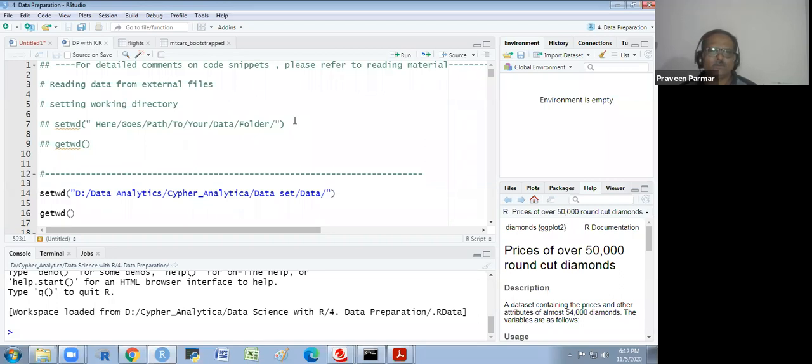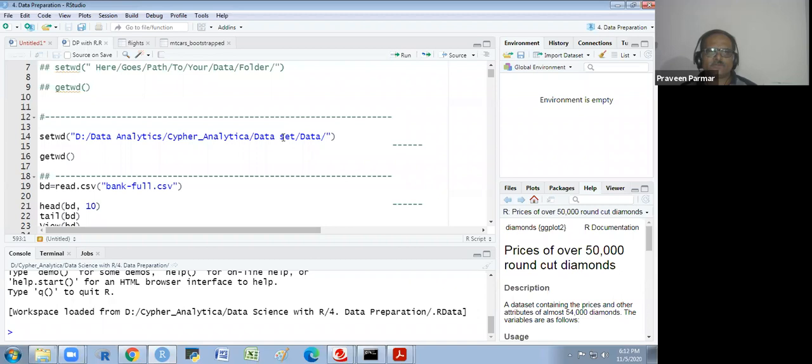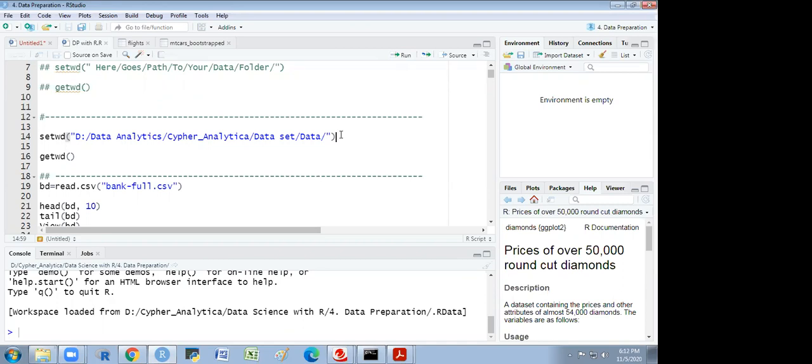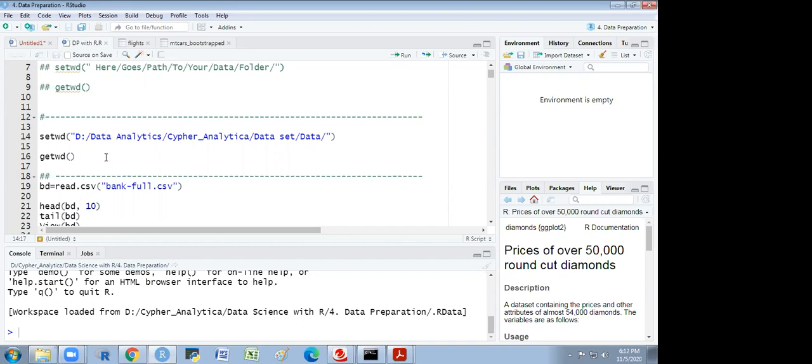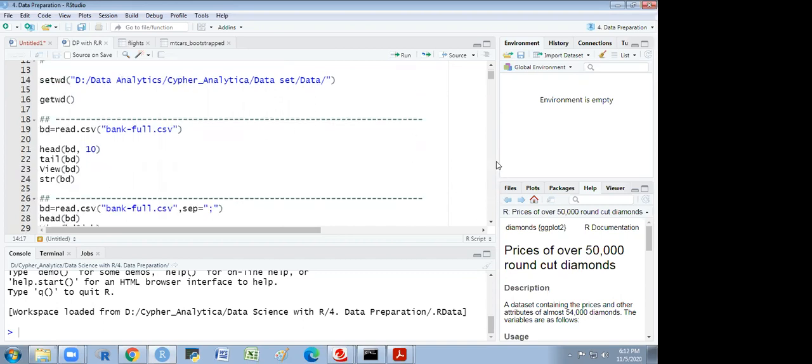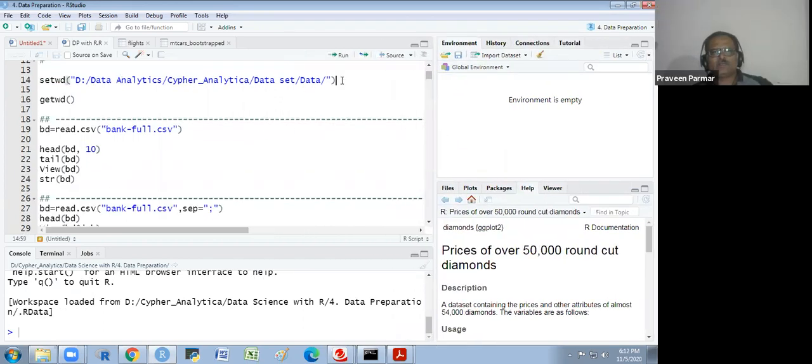First, I have explained earlier, in the previous session, how to set the working directory. Here we just read one data file. Because it is in this folder, in this project, I don't have to set the working directory.